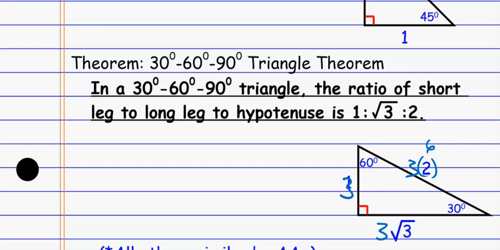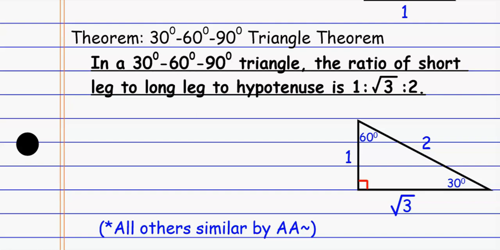And so that's the idea here, that all 30-60-90 triangles are going to be proportional, are going to be similar to this base 30-60-90 triangle, okay? So if this one has a ratio of 1 to root 3 to 2, then every 30-60-90 triangle has a ratio of 1, root 3, 2, okay? And so that's kind of the idea here. All other similar triangles are similar by angle. So again, all 45-45-90 triangles are similar to the first one that we did because of angle. All 30-60-90 triangles are similar to the one that I have displayed right here because of angle,